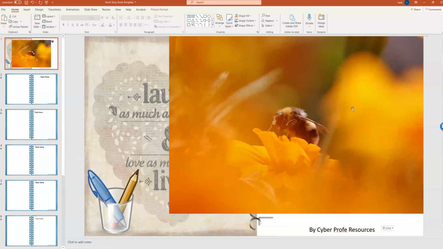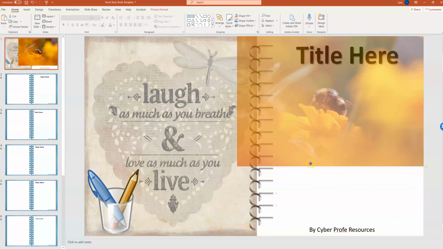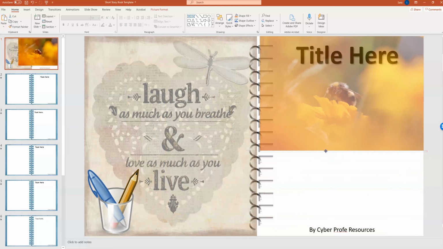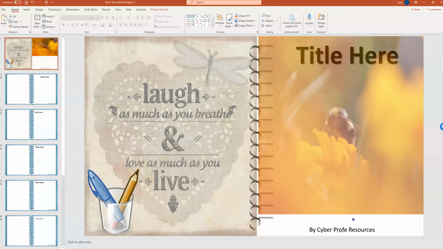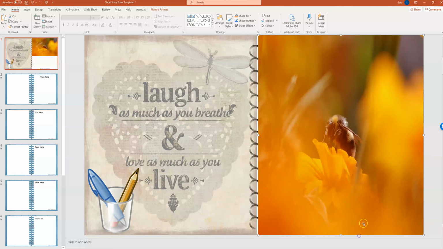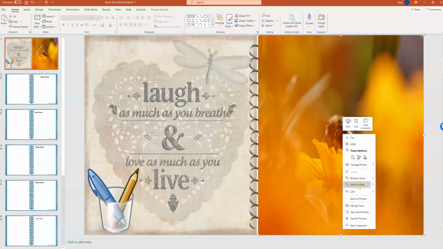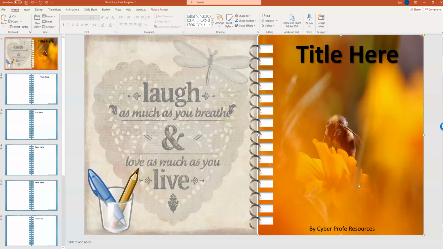So then I line it up, and not every picture is going to work. So I'm just going to make this be a quick one, even if it's not going to work perfectly. I kind of line it up to be just past those squares, and then I want it to fill the space. Now what's going to happen, you know, like this isn't going to work. So right click, send to back, and there you go. Another way to do it